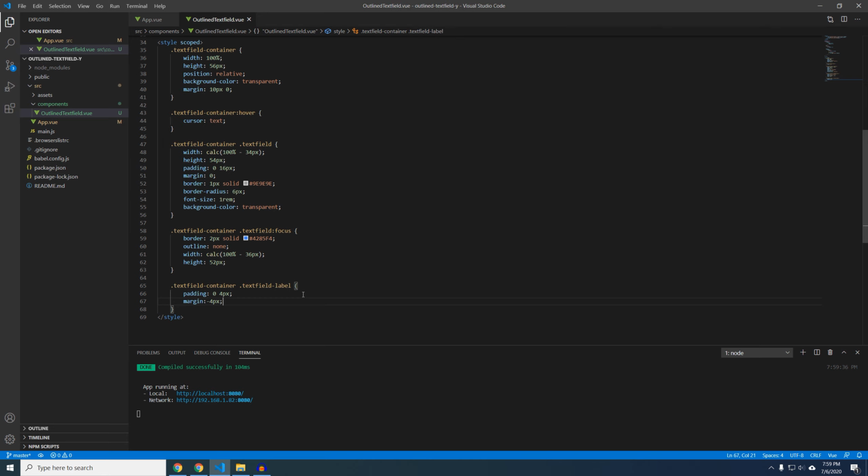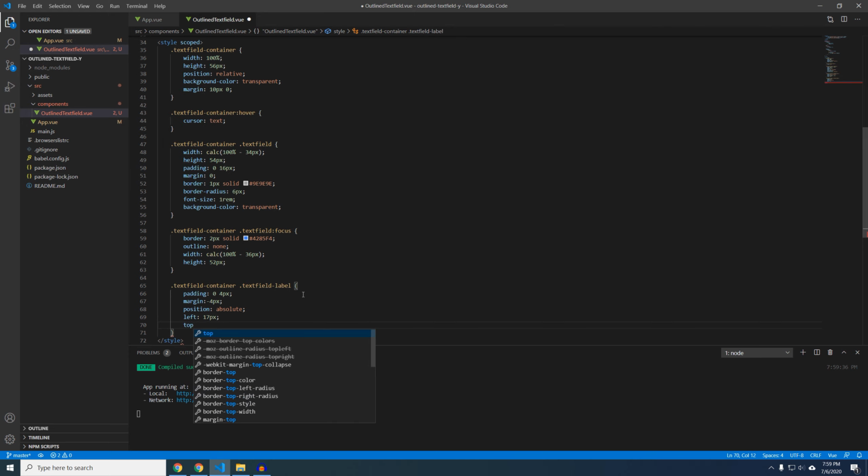And this is going to help us later when we set the background color via JavaScript. Basically, we need that padding to give it the margins on each side so that it's not looking bad with the way the line intersects the text. And then we're going to give it an absolute position. But again, that's relative to our text field container. We're going to give it a left of 17 pixels, a top of 4 pixels, and then the same sizing as